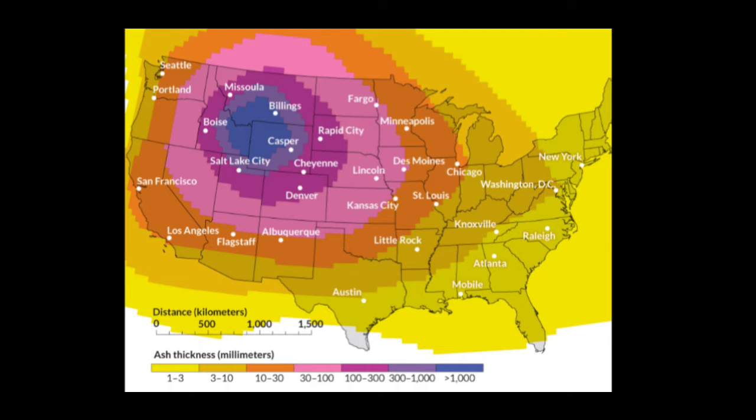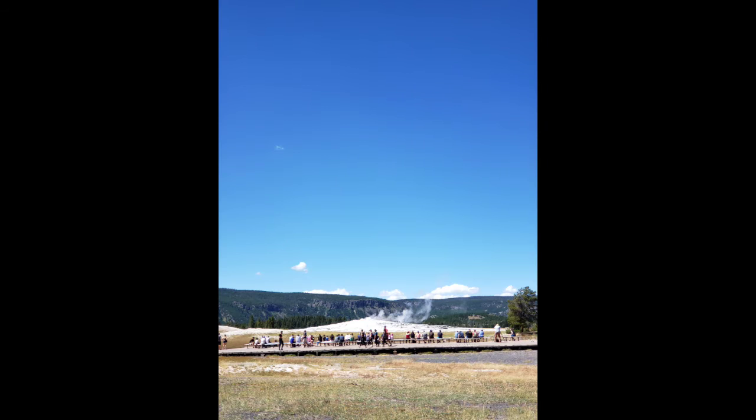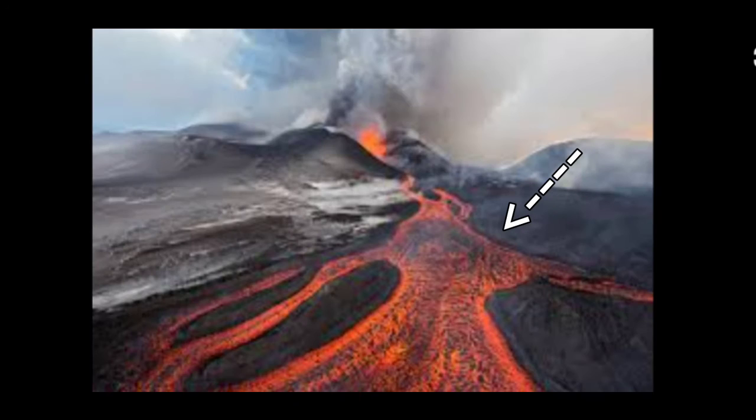Yellowstone is classified as a supervolcano because of the size of its magma chamber and the size of the eruption it can create. Nobody can perfectly predict what an eruption would look like, but as an idea, I'll talk about what the experts predict a Yellowstone eruption might look like in a worst-case scenario. Most people imagine lava flow from an eruption, but in a Yellowstone eruption, there would hardly be any of it,